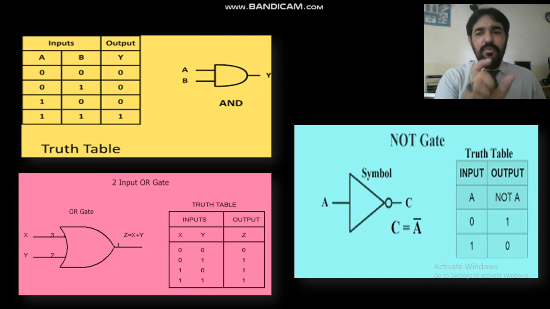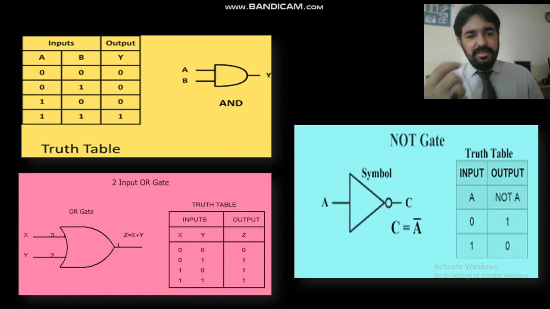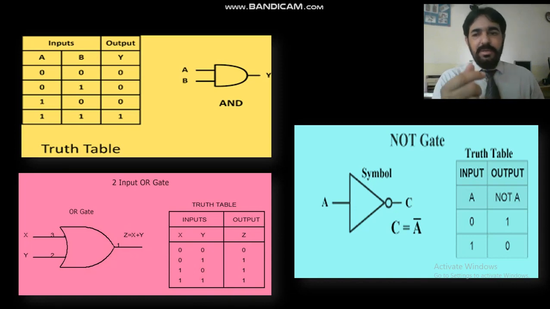It means in this we multiply both values. 0 multiplied by 0 is 0, 0 multiplied by 1 is 0, 1 multiplied by 0 is 0, and 1 multiplied by 1 equals 1. So we multiply in this AND table. Then we have the two-input OR table. Similarly, you can see its expression is given. Then we have the table X and Y.